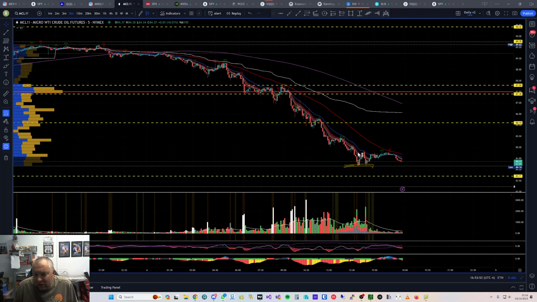And then as soon as I got in, it pulled back against me, so I added a couple more times there for this double bottom. So I was in a small position there, and I got in a little bit heavier at the bottom for this double bottom, and it turned out to be one of my best trades today. And my out was there. I stuck with my targets this time. I said last time I didn't get to my target, so the target hit, and I took a little bit